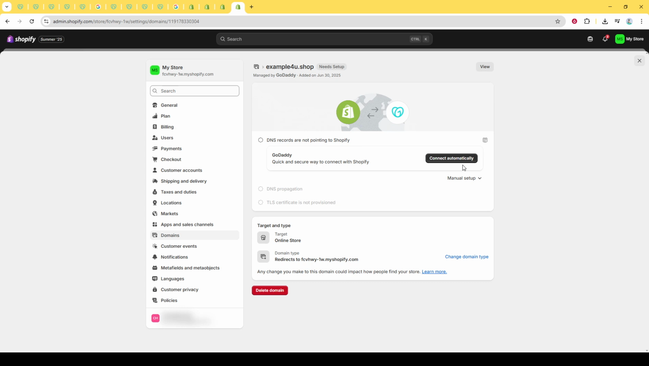But what if you don't get the automatic option, or prefer to do things manually? That's perfectly okay too. Shopify will provide detailed instructions on the DNS records you need to update with GoDaddy. Typically, this means altering the A record and CNAME record to align with Shopify's specified IP address and host name. For this step,